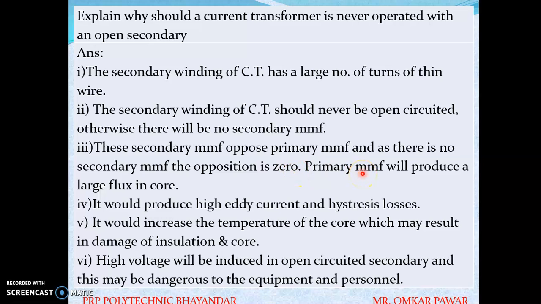So primary MMF will produce a large flux, which would produce high eddy current and hysteresis losses. It would increase the temperature of the core, which may result in damage of insulation and core. And high voltage will be induced in the open circuited secondary, and this may be dangerous to the equipment and personnel. So this is why the secondary of a current transformer is never operated with an open circuit.